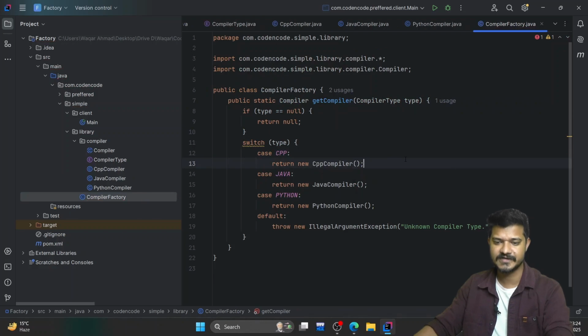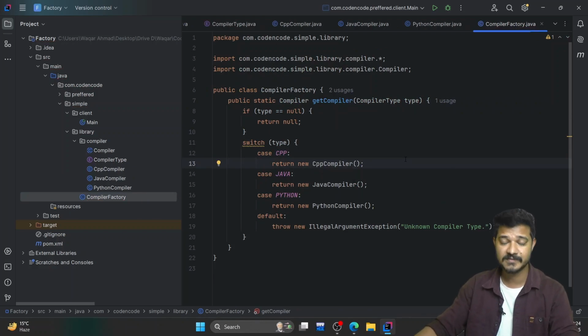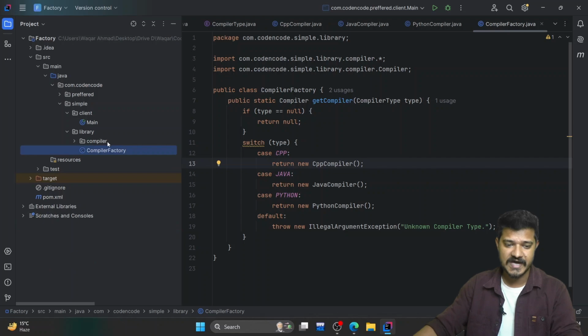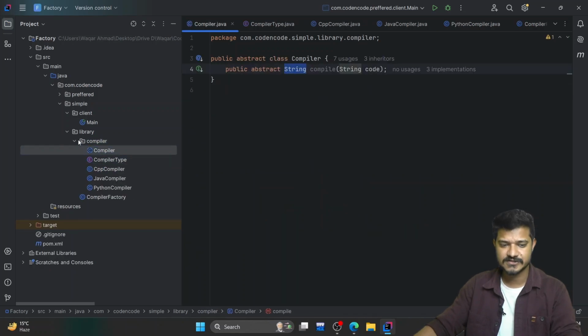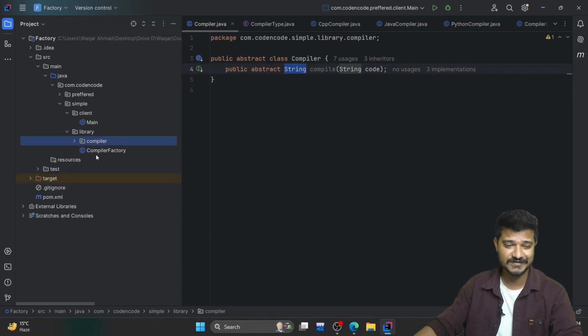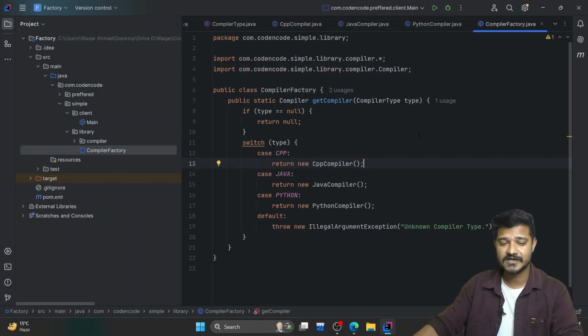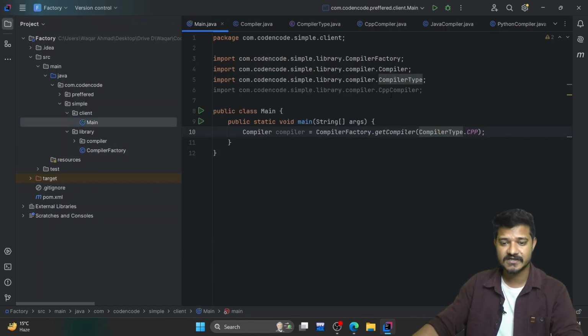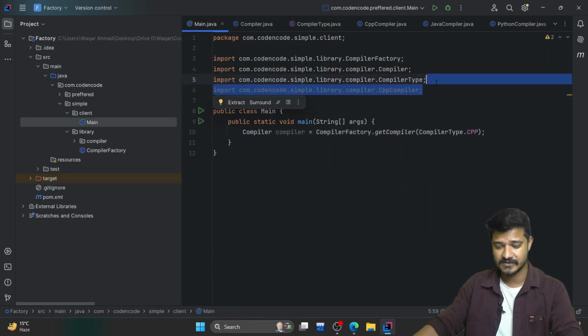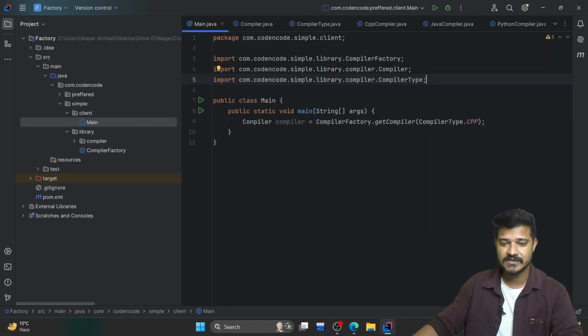So this is one of the methods you can implement factory method. You have an abstract class and multiple subclasses of it. You can define a factory class inside of which you are instantiating the object, right? And when you need it in the client, what you can do, you can simply create